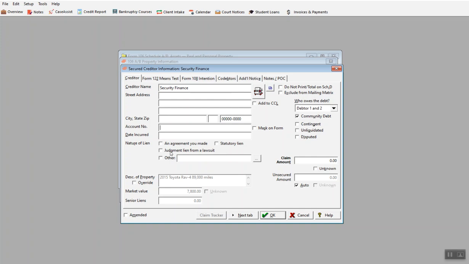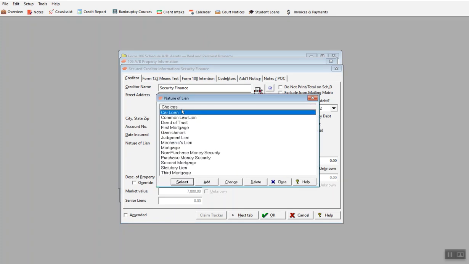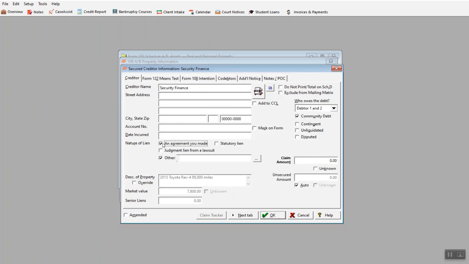And the nature of the lien is really an agreement you made, but we'll see if they have anything. It just is an agreement. Okay, it's a finance agreement, okay? All right, and the amount of the claim on this particular lien